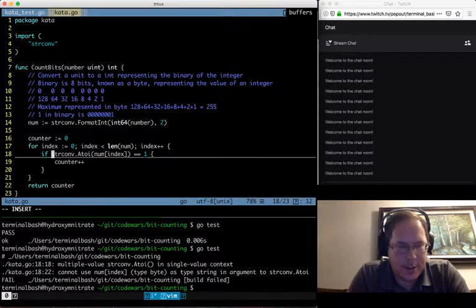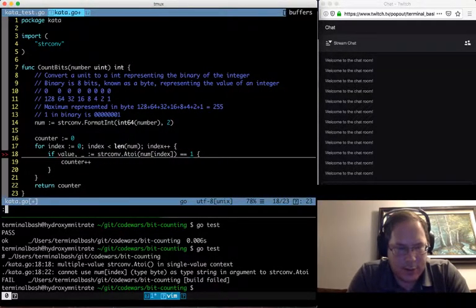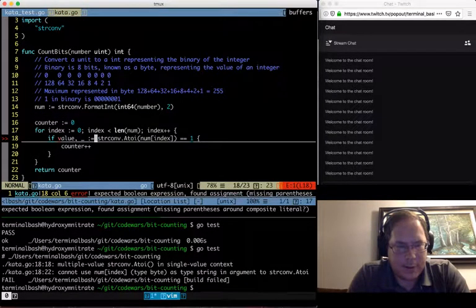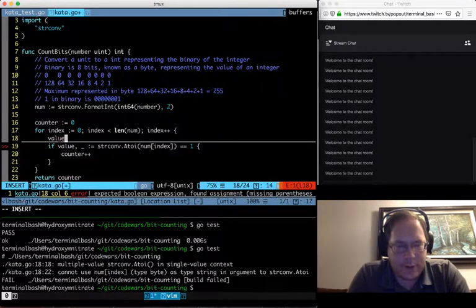So it'd be like if value is equal to Atoi is equal to Boolean, but got found assignment. Let's just do value is equal to value underscore Atoi is equal to string convert Atoi